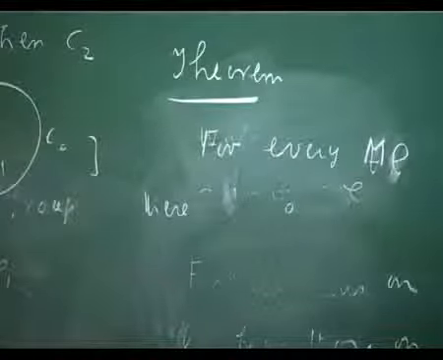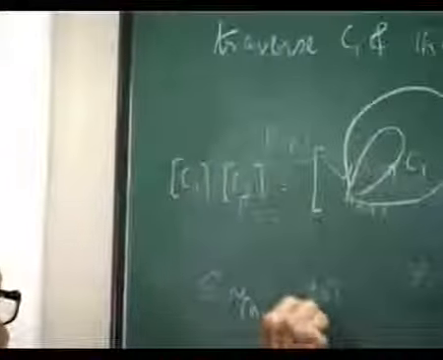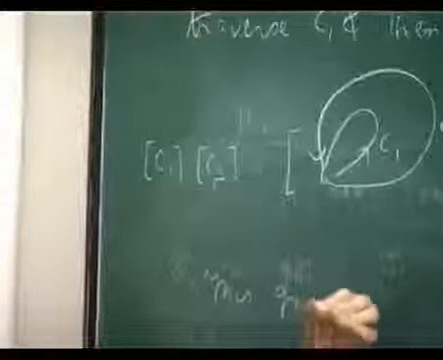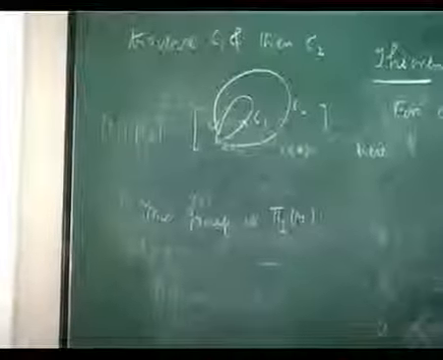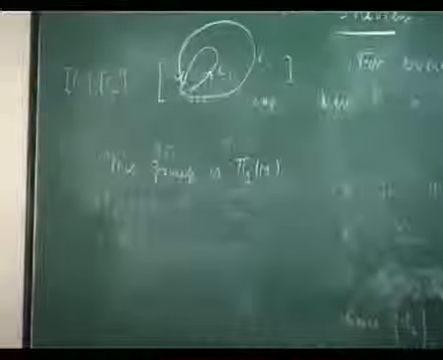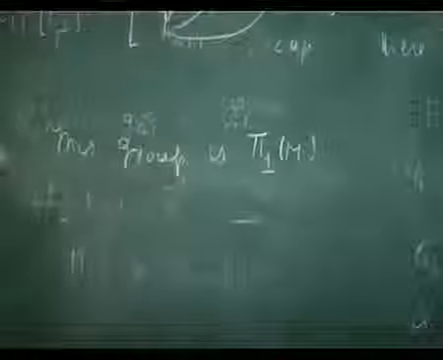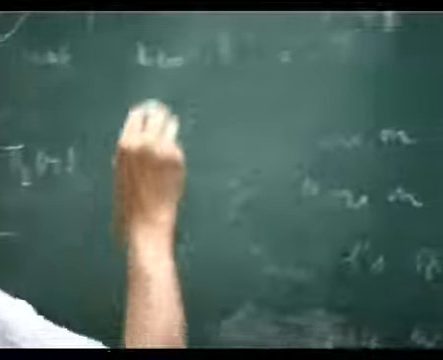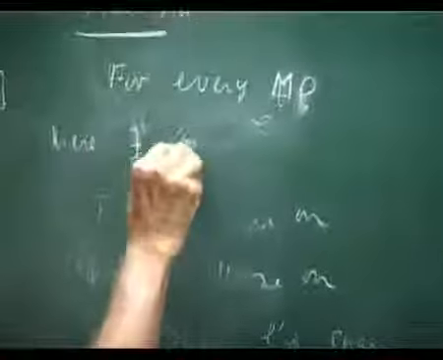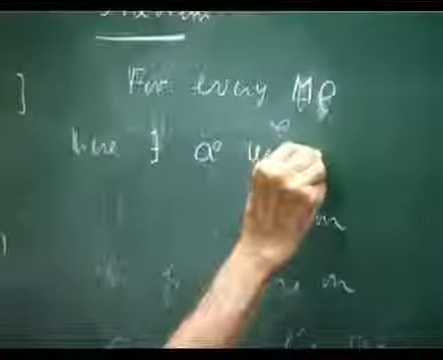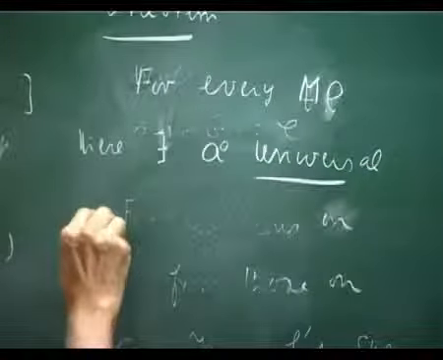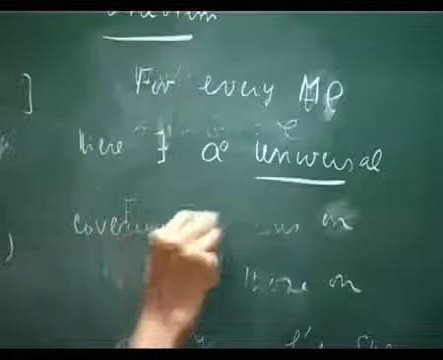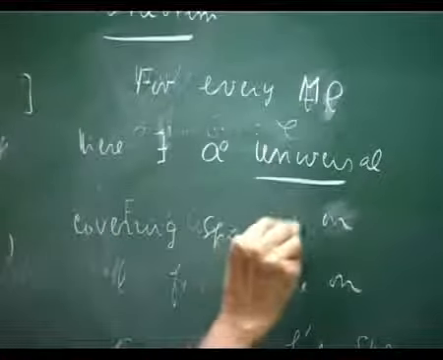Okay, I should say here this group is pi 1 m. Okay. Now, for every m there exists a universal, I won't try to tell you how to construct this, covering space m bar,